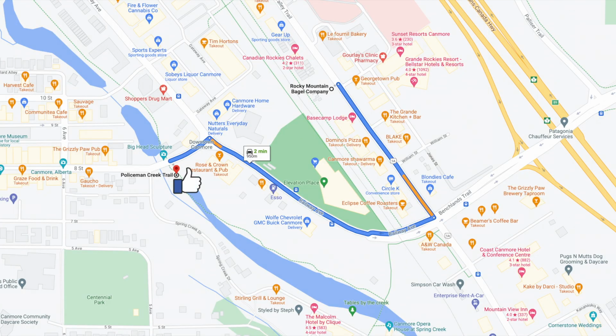I took my bagel down to Policeman Creek Trail, just a few minute drive away, where you see the like